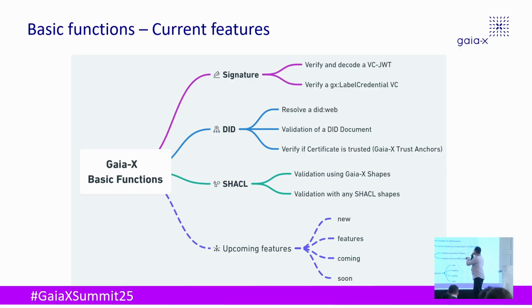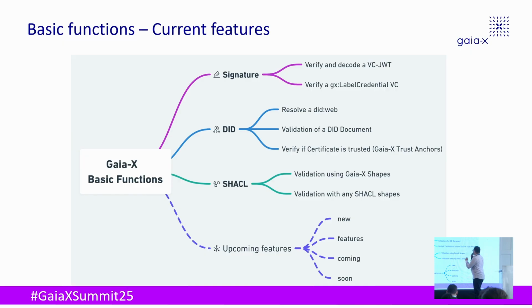So here in the ontology, it's the label credential, the Gaia-X label credential for the compliance. That's really the output of the compliance, for example the current Loire compliance. But it can also be used with extensions because of course it's free to use on the ontology and so on. And then we have the DID part, just a really simple resolver, like a did:web. All of the DID functions are really for the did:web method. But again, it's really extensible. The goal is to add more functions and to contribute as a community to these functions.